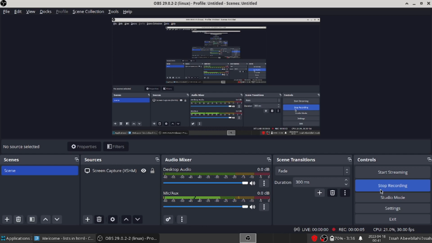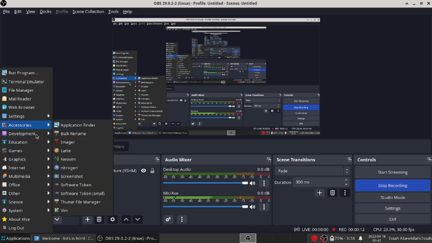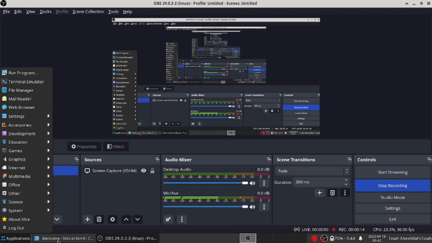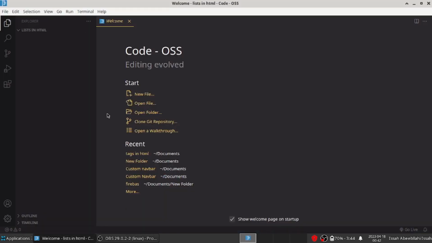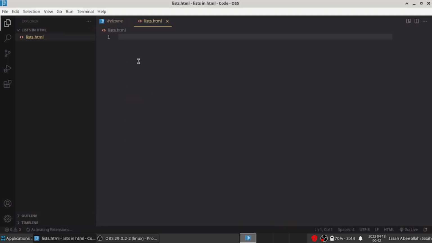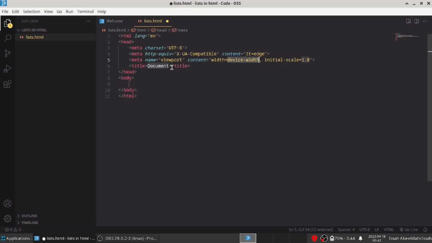Today we're going to learn how to make lists in HTML. So first we'll open our VS Code. After you open the VS Code and you've opened your folder, then you make a new file. This time we're going to be naming it lists.html. So now we're going to write DOC and we'll name the document